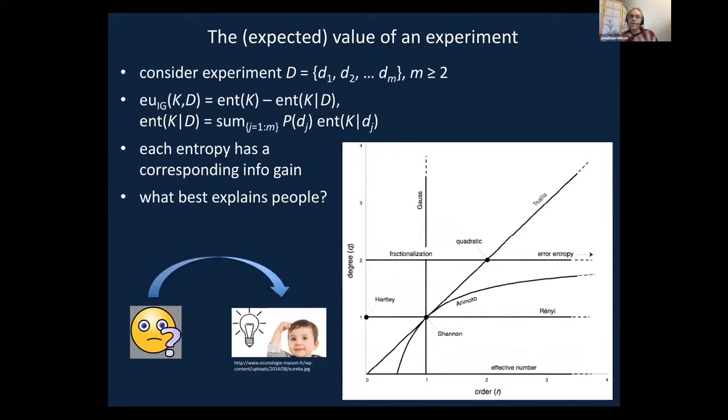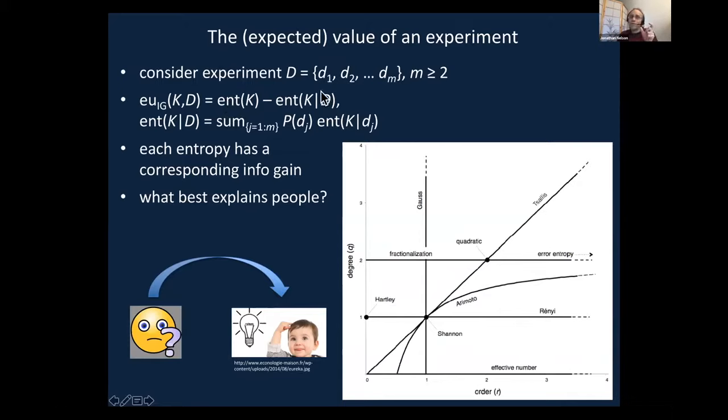So the idea in this framework of models is that an experiment, which I call D, so you can think of that as data, and if it's capital D, it's a random variable that corresponds to all the possible outcomes of the experiment, which I denote with lowercase d, that an experiment's expected usefulness is the difference between the prior entropy across the probabilities of all the possible states of the world minus what you expect.